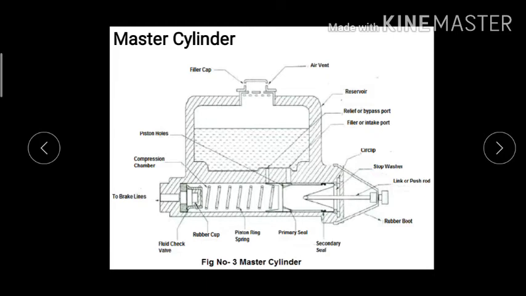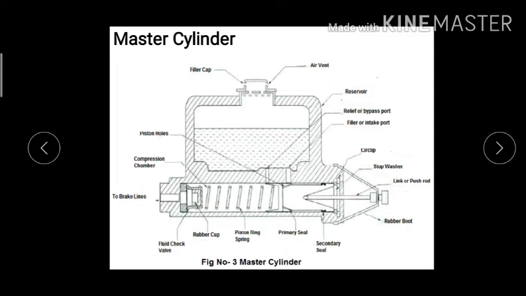When the brake pedal is released, the pressure from the brake shoe returns back to the master cylinder because of the spring forces created in the check valve, and the master cylinder piston moves outwards towards the right. When the pedal is released, the oil from the wheel cylinder comes into the brake lines and starts creating a pressure on this part. Because of which the pressure here will be more, it will start pushing this check valve, and the piston moves towards the outer side, that is the right side, due to the spring action in the master cylinder.